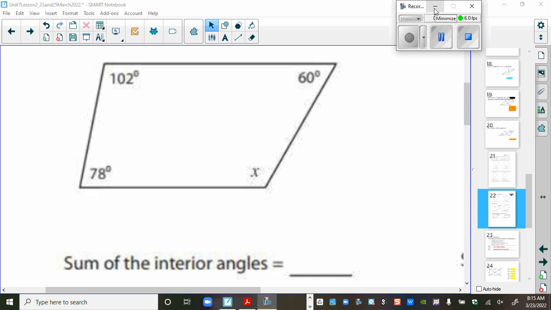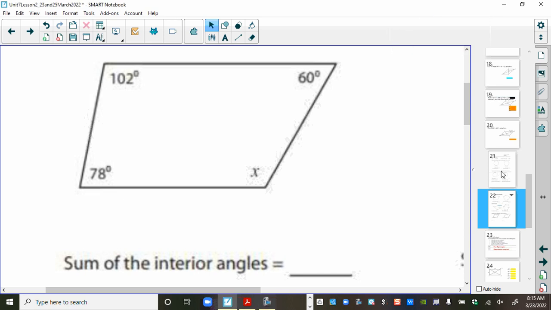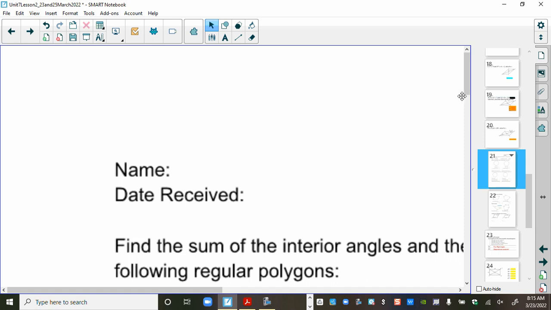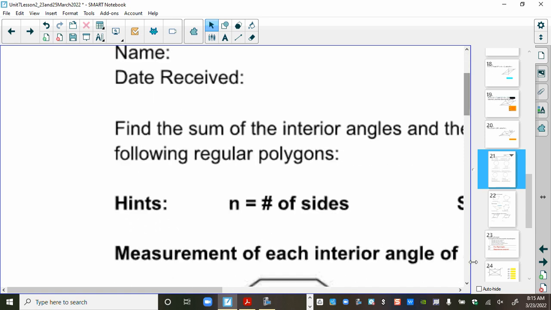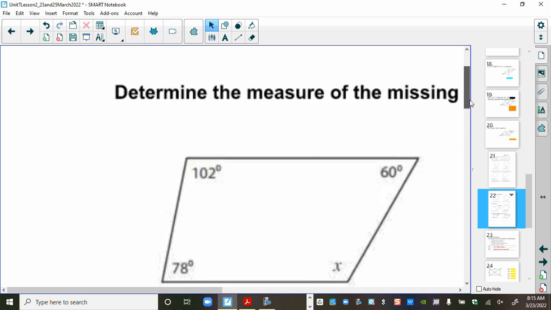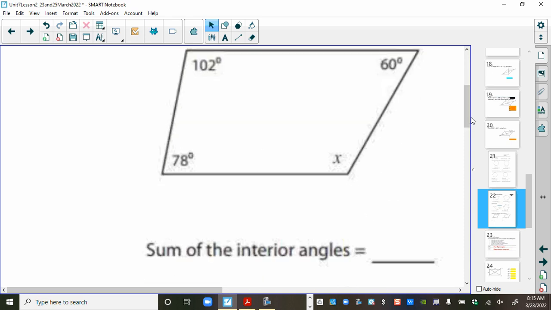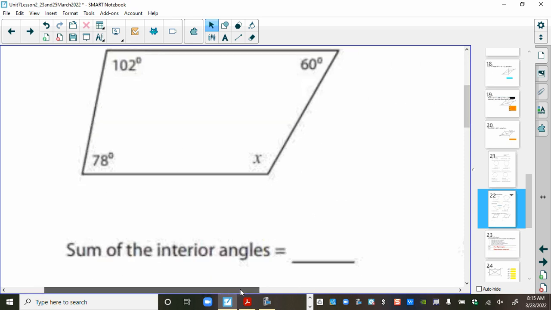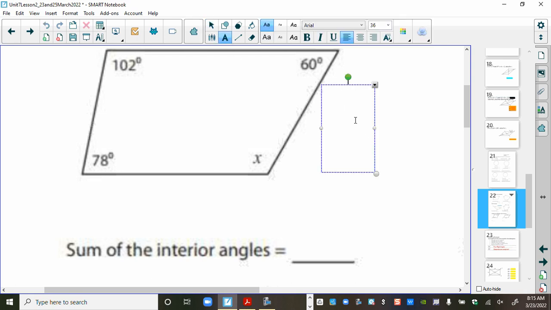Okay, so to start the day, just to let everybody know, this is a homework. We're on the back side of the homework assignment, this problem right here. Well, a couple things we know. One, for starters, how many sides does this polygon have? 4 sides. So if it's 4 sides,